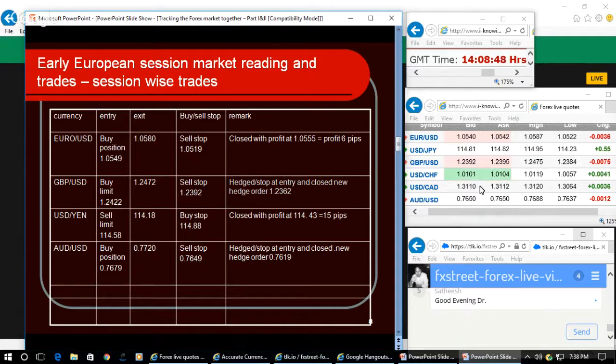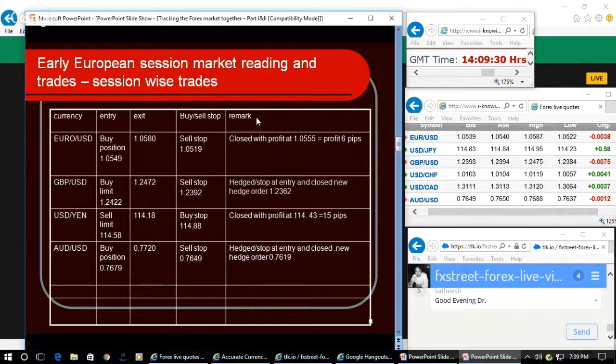The forecast says that they are expected to make a drop, but the drop has happened only during that of the closing of the European session because of the data release. And subsequently they are expected to make the slide or a dip during the start of the US session, and then subsequently they are expected to gain the levels. So based on tomorrow's forecast, they are expected to accumulate the positions now near that of the low and start gaining the levels. So this is what the market reading is, identifying the type of moves they are doing, and then we try to take the